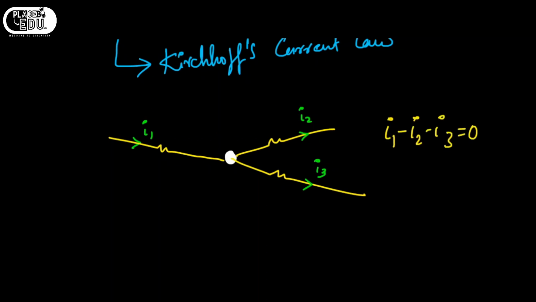What he's saying is that the current coming to the node will be equal to the sum of currents leaving the node. So if there is a water pipe here, the water is coming like this, then the water will be distributed based upon how many outlet pipes there are. The same thing he said in the form of currents. So the water coming, that is the current coming to the node, is I1, and the water is distributed as I2 and I3. This is Kirchhoff's current law. Okay, if you do the problems, it will be very clear. The next one,